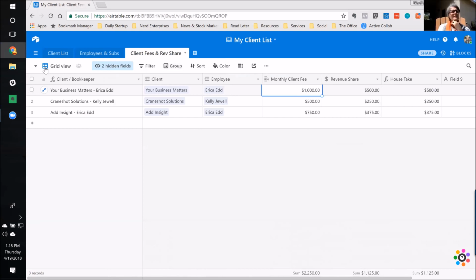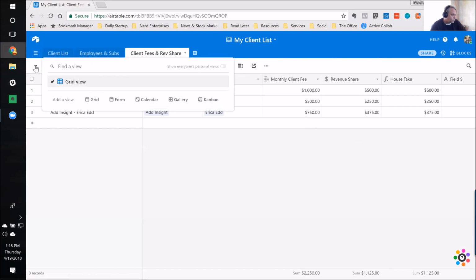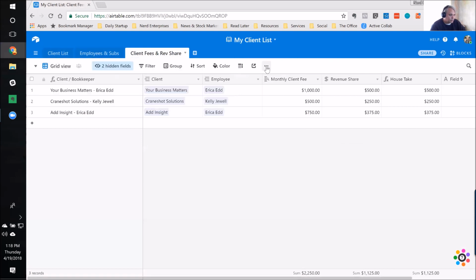You need to save it or copy it, duplicate it. Bingo, Kelly. Gold star. Yeah, because I always want to keep a simple grid view intact, so that it's easy to work with that data to add stuff in, and then use the grouping in a separate view. So we're going to duplicate the view, right? I always double check over here because sometimes I forget where I'm at to make sure I haven't already done it. If I haven't already done it, we duplicate the view,